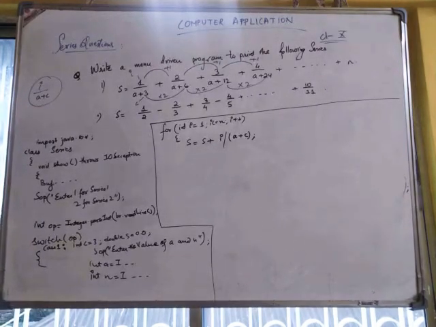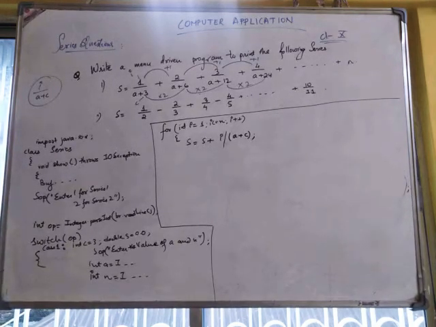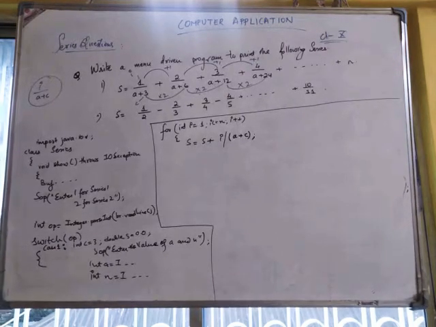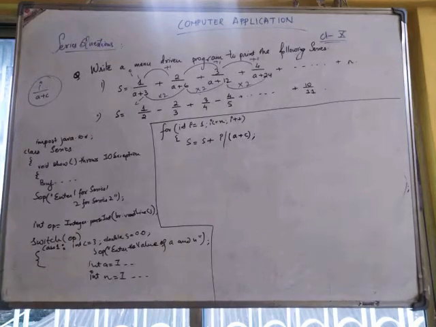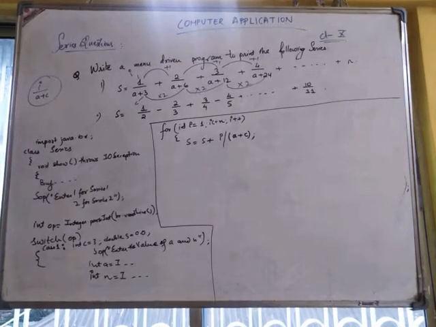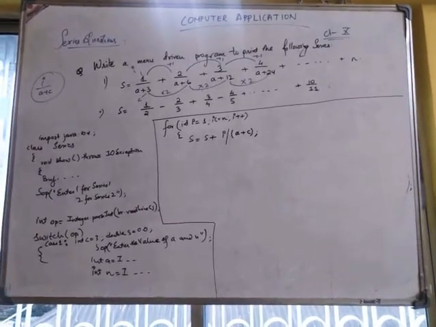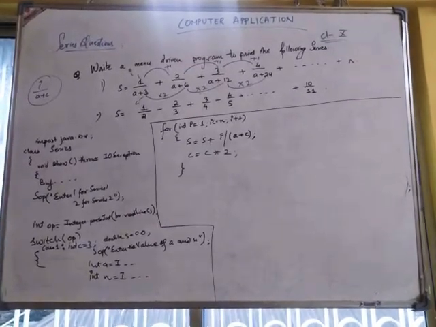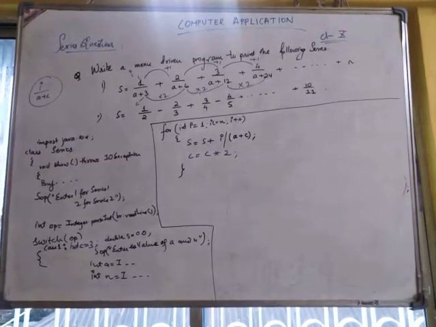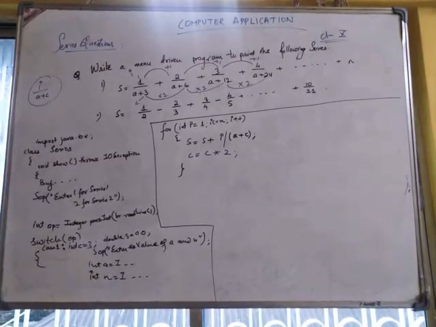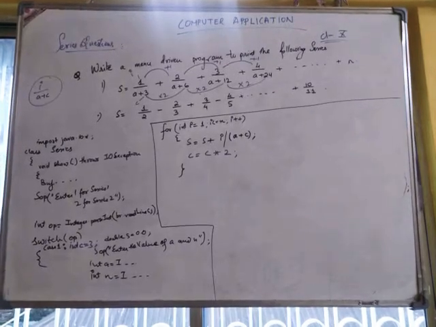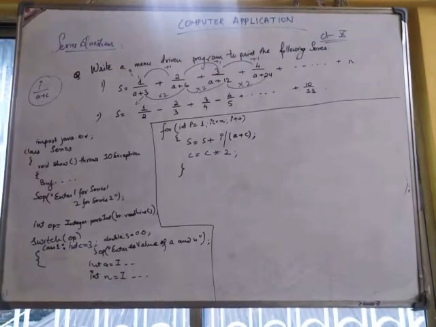See, the i value is already changing from the loop. Please see carefully, the i values are changing from that i plus plus which is happening inside the loop. Now the c value I have set as 3, that also will change, no, every time. How is it changing? The next c value will be equal to the previous value of c times 2. So we will write c equals c times 2 after the sum is done. Like the next value of c will be c times 2, that is 3 to 6, 6 to 12, 12 to 24. This way the c values will be generated every time.